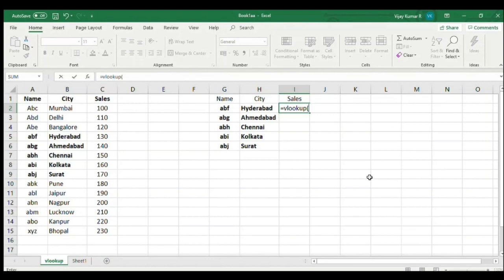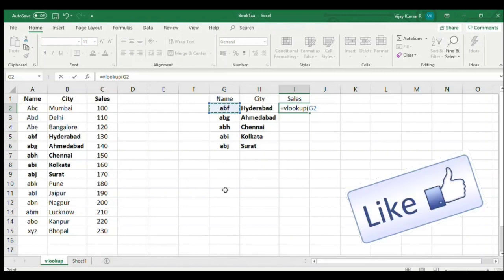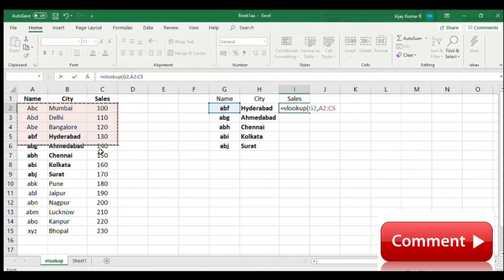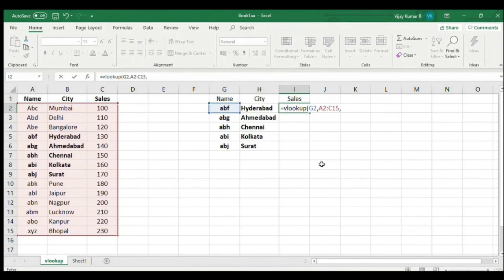Now moving on, let's say I've got the city, but I want sales also for this employee. So similarly I will put the same formula, same format. Equal to VLOOKUP, open the bracket. I've selected the employee because I need data for this person. In the raw data I'm selecting all 3 columns because I need sales also.